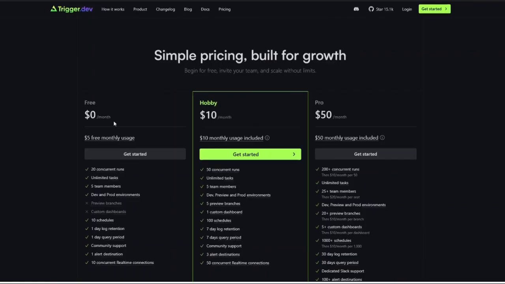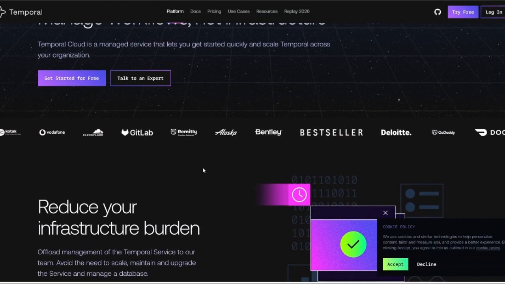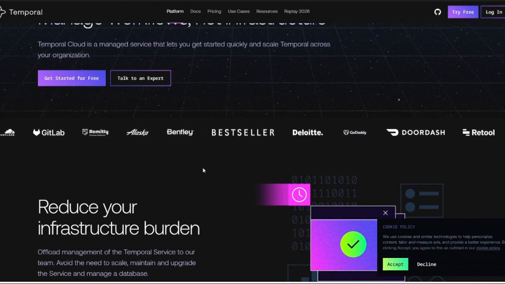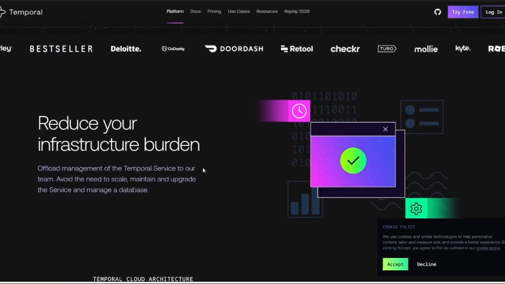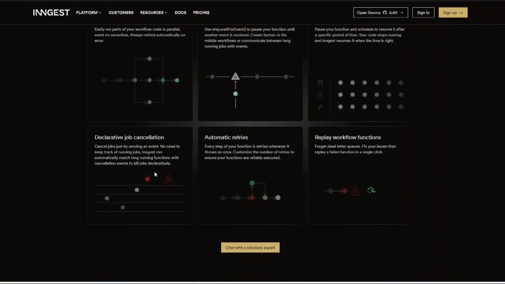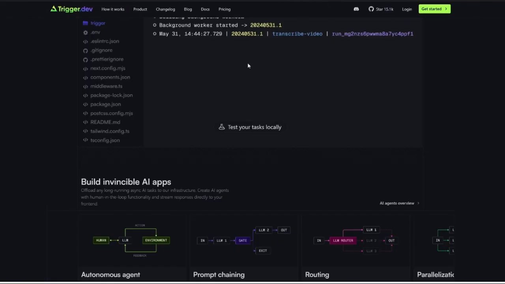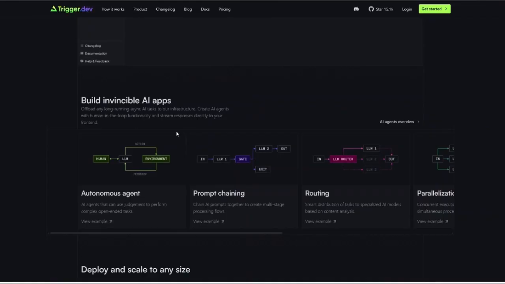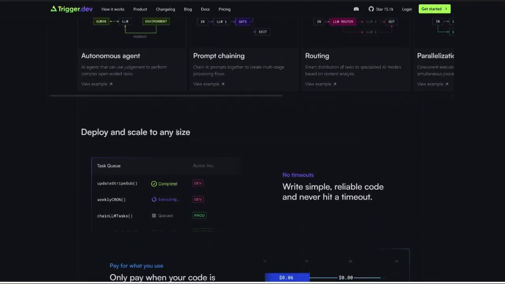Now, what are the pros and cons of using each of these platforms? We start with the pros. For Temporal, it's extremely reliable, production proven at massive scale, multi-language support, and is best for critical systems and large workflows. The pros of Inngest: very fast development, great serverless integration, and clean development for modern apps. And the pros of Trigger.dev: best DX for TypeScript developers, it's easy to adopt, is great for AI workflows and SaaS applications, and has a flexible execution model.